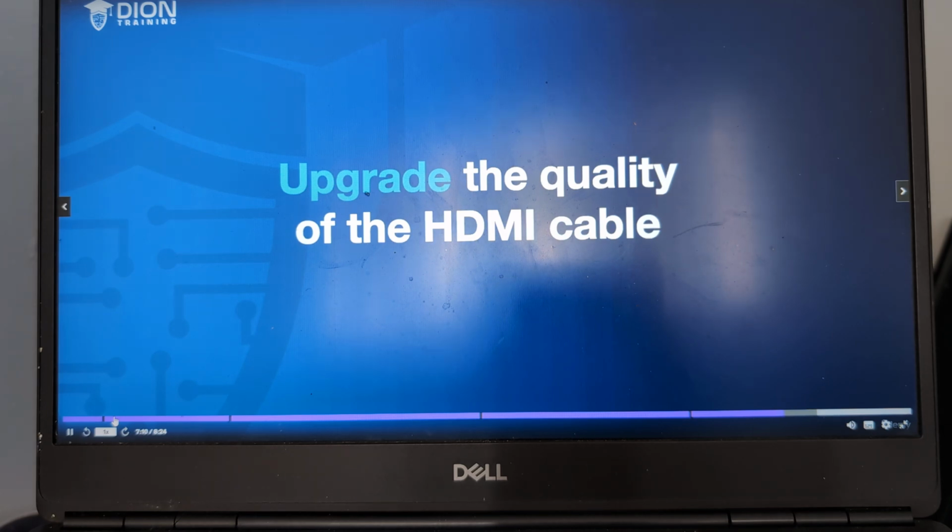Again, this is an area where if you're using a very inexpensive type of cable, you can have issues because the signal is not being properly sent and there's not going to be that copyright handshake happening over HDCP properly. So, if you find that you're having this issue a lot, what you're going to want to do is replace that cable with a higher quality HDMI cable that can support higher bandwidth operations and that is made of a higher quality, like a gold-plated connector, to ensure you're getting a proper signal between the two and there's no interference